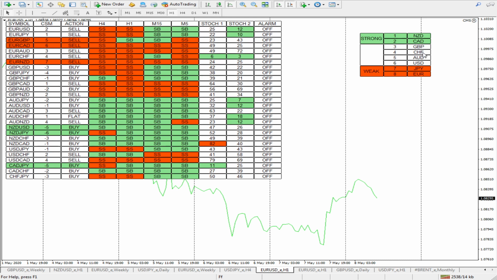If we are to check the one with the best trend, we have AUD/JPY having the strong buy trend, AUD/USD strong buy trend, AUD/CAD strong buy trend, AUD/CHF strong buy trend, NZD/USD we have strong buy trend,